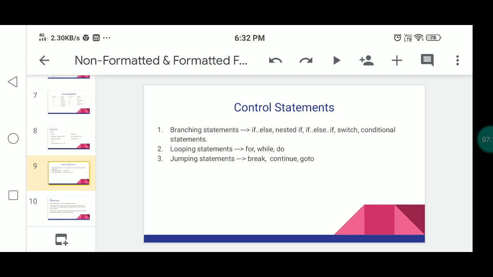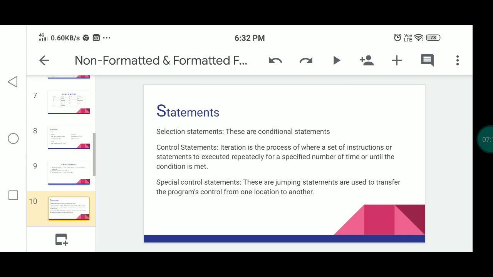Then next, selection statements. The selection statement is if. This if control statement is a conditional statement which checks the condition given as its argument, and if it evaluates to true, it continues the execution of the statements existing within it.